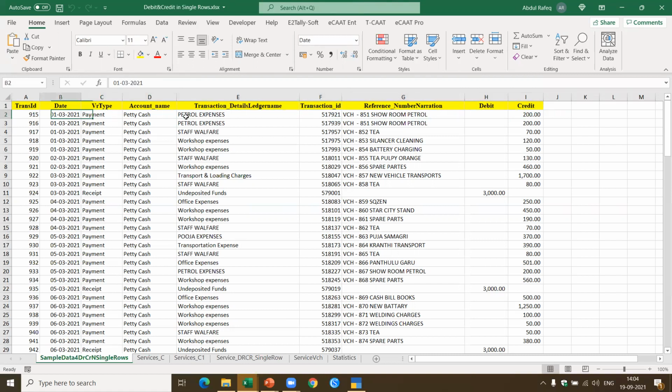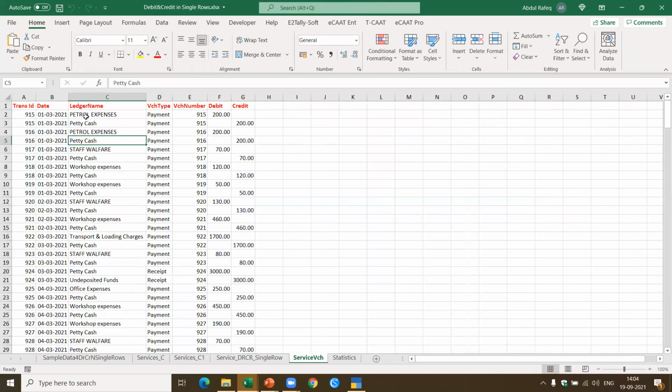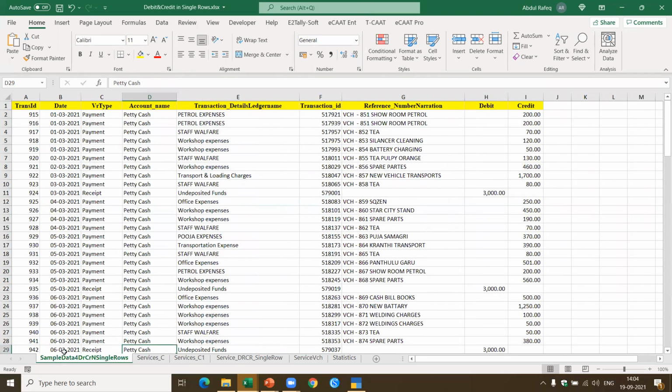I got this particular transactions. In fact, I can convert it 2 ways. I'm just going to show you 1 way. Now this is where I got the debit and credit in 1 particular row. Okay, if you see here, now this is the data I have got. This is a copy of the data. Now this is a conversion. So you see petty cash, petrol expense and credit petty cash. Now there could also be receipts. Now if you see the receipt, in the case of receipt, petty cash is debited and the undeposited fund is credited. Now this is automatically, the logic has been built into the software. So it will convert it based on what is the data which is available.